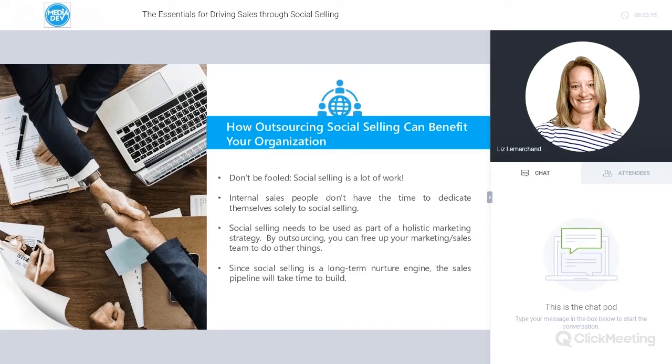It takes a ton of time and effort and energy to build a network and sustain it over time. It takes monitoring groups, social listening, liking other people's posts, creating your own, being on top of newsworthy events that could make a particular message to a particular prospect important at a particular point in time. You need to source contacts, research companies, use multi-channel outreach in order to engage.